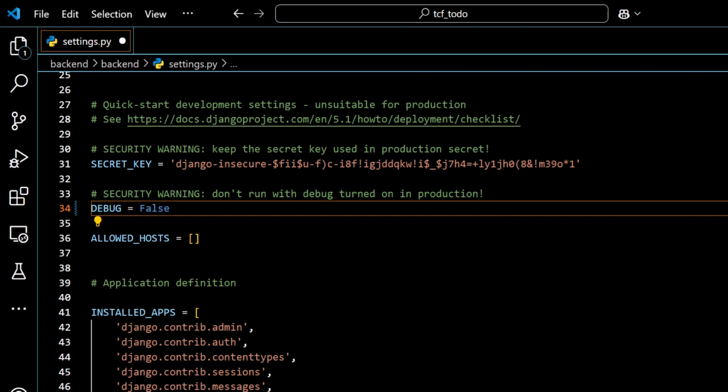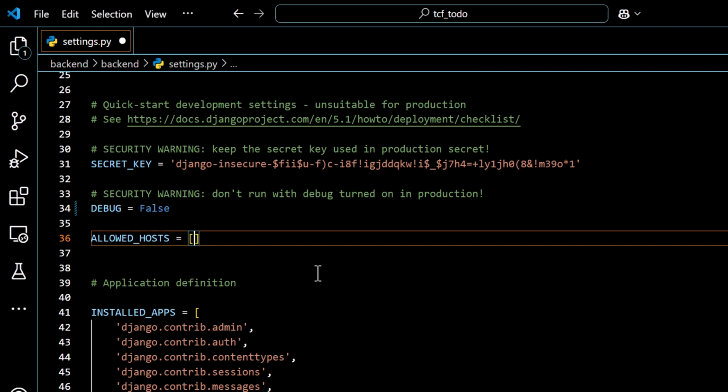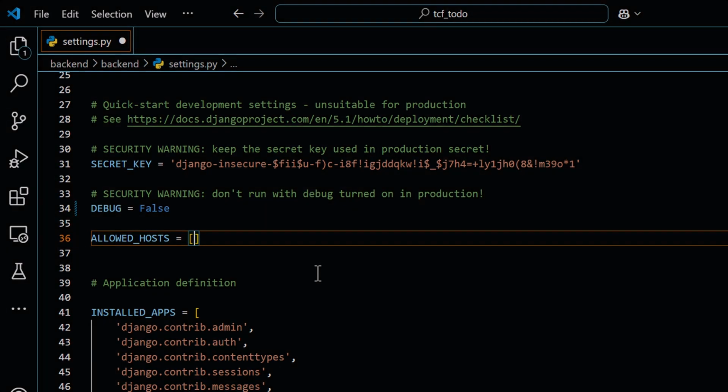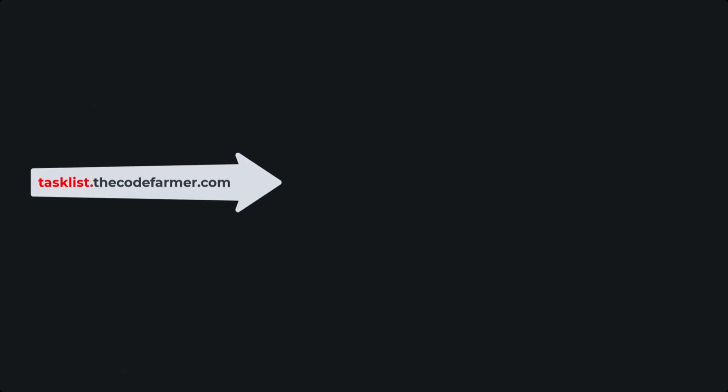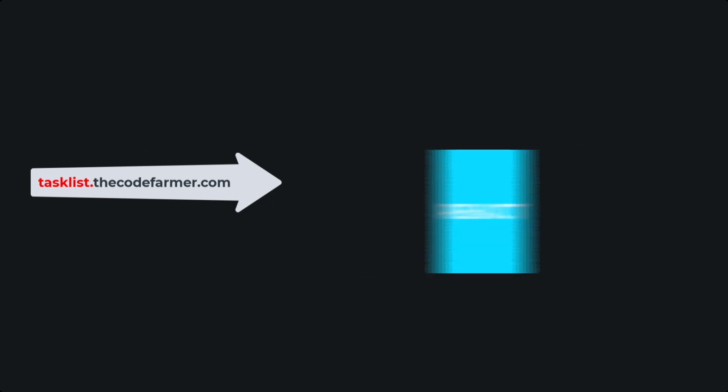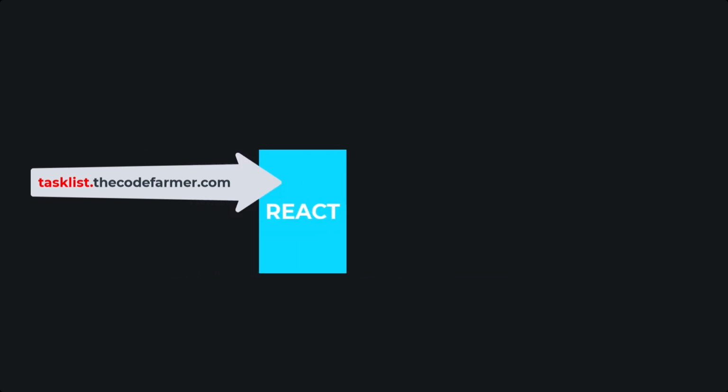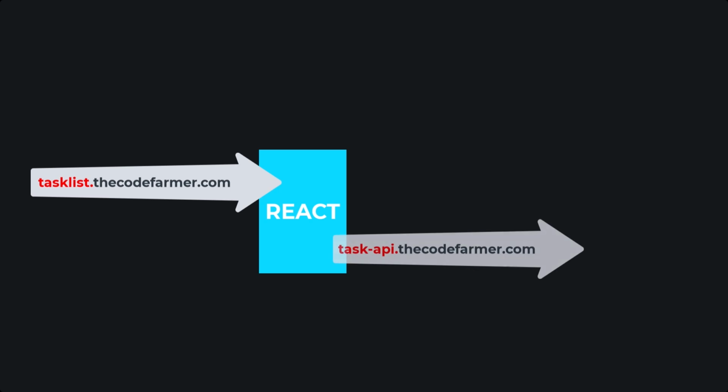We are going to be implementing a custom domain. You can use any domain you choose. For this tutorial, I'll be using subdomains with a root domain of thecodefarmer.com. The front end will be accessible via a subdomain named tasklist, so the full address will be tasklist.thecodefarmer.com. Then my front end will be making calls to our Django backend API via a subdomain named task-api. So the full backend address will be